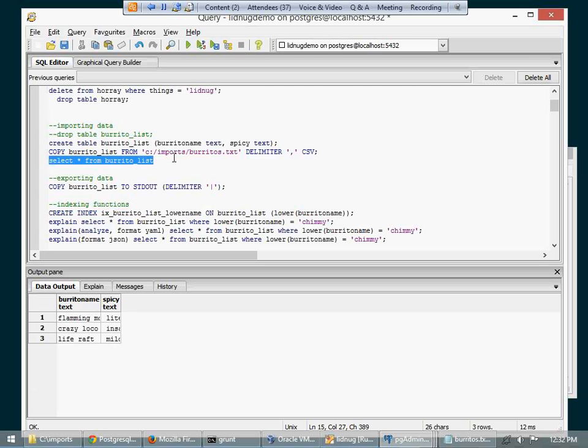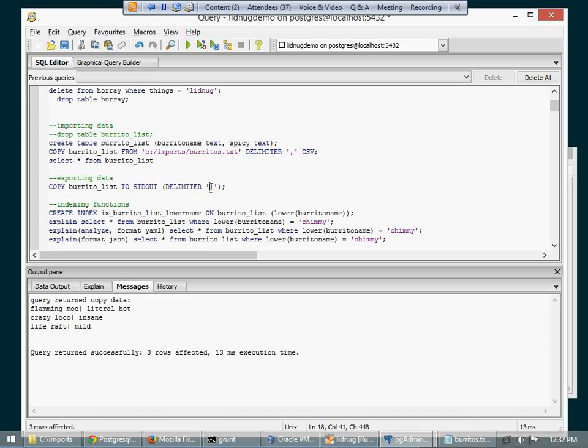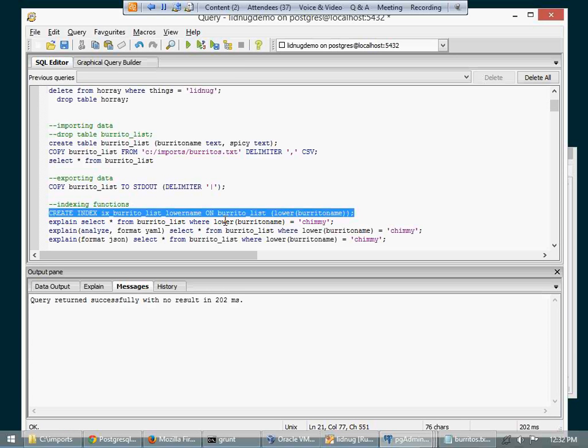How do we export? Same way. Here I'm just piping out to my terminal. What's my delimiter? Let's just do a pipe and go for it. Pretty cool. How about indexing? How would we index? In SQL Server, it's almost taboo to index functions, correct? So it pretty much always takes you to a table scan. Not so in Postgres. Here, we're lowercasing the burrito name and indexing that so that now, when we go to query the table,